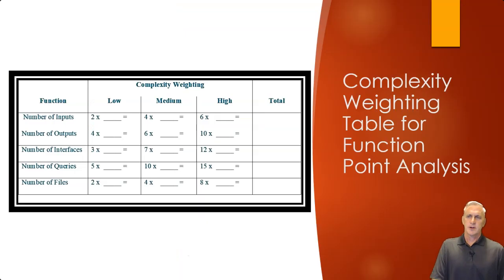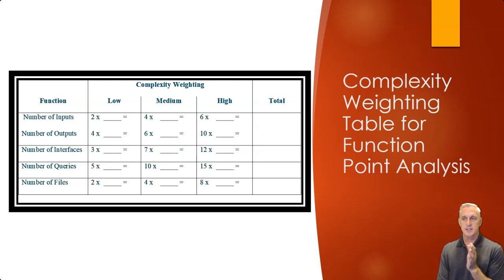Okay, but what is a function point analysis? Well, it's the number of inputs, number of outputs, number of interfaces, number of queries, and number of files involved. From those 5 things, we can then have multipliers to try to estimate the time that's going to be required. So they have different complexity weightings, and each of these you have to categorize.